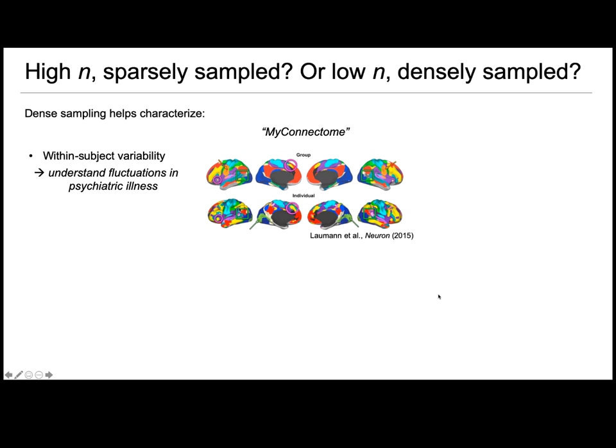And when they began to analyze the data, I know this is a little small, I apologize, but basically this was one of the early findings suggesting that if you take one of these group parcellations, which is up here in the top row, so this is a parcellation that was computed on a large group of people, it represents an average map of region boundaries in the human brain. But with enough data on one person, you can compute this parcellation for a single subject, and when they did this, they actually started to see some fairly substantial differences between where this particular individual's node boundaries were drawn versus